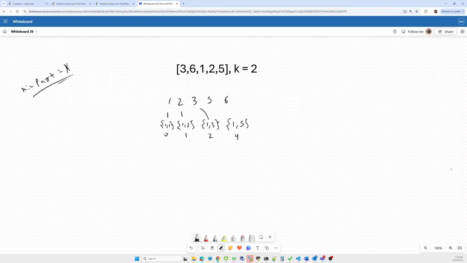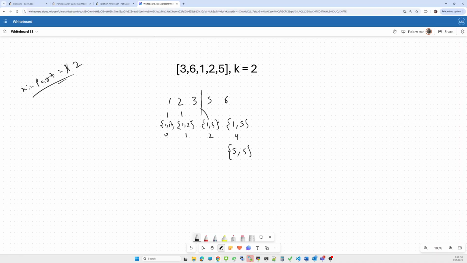Initially it was 1, now we need two partitions. The first partition will be this one, the next partition will start here. At this location, we'll update the minimum and maximum, so the minimum becomes 5 and the maximum also becomes 5.